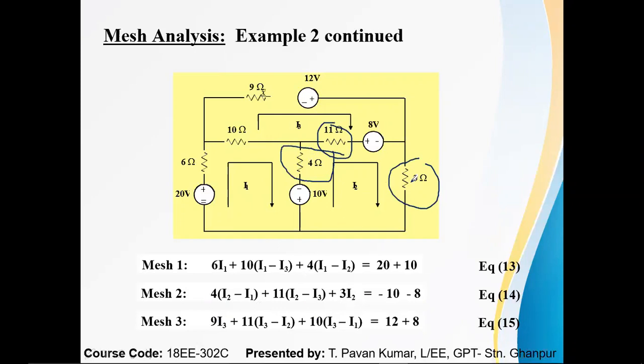Then 3 is independent completely. Only one current is flowing through this 3 ohms resistor. So it is equal to, what about these currents? Leaving sign minus 10 and leaving sign minus 8. Hence it will become minus 8. Right? I already told you this left side part is loads and right side parts are sources. So sources are also the same.